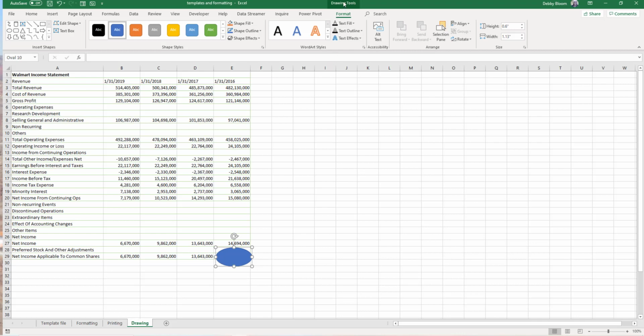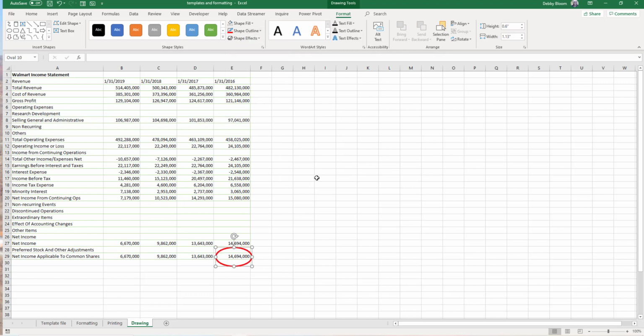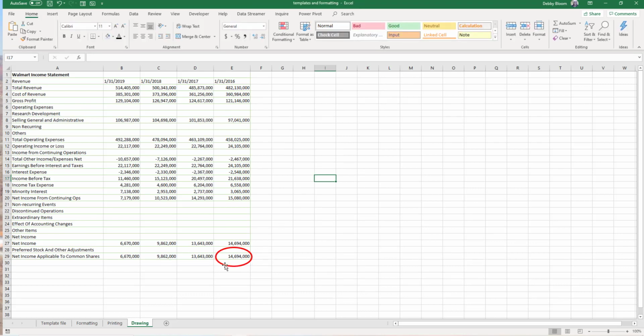So what I'm going to do is make sure that I'm on that Format tab under the drawing tools. I'm going to do Shape Fill, and now I will do No Fill. Now I will do Shape Outline, and I can choose Red. And now under Shape Outline I can choose Weight, and I can make it a little bit heavier. And when I click away, I have a red circle around the number, and if I click over it, notice